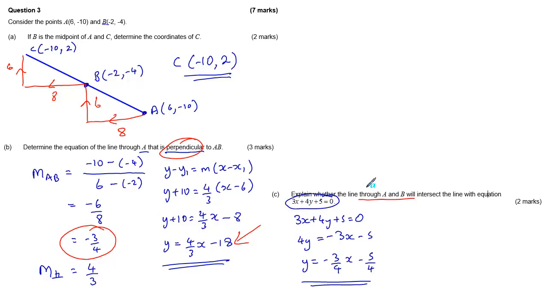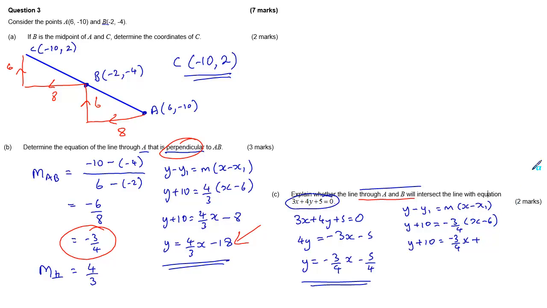Now our line through A and B, to get that we can do y take away y1 is m(x take x1). So if we use A again, that's going to be y add 10 is equal to minus 3/4 x take 6. So y add 10 is going to be negative 3/4 x, add